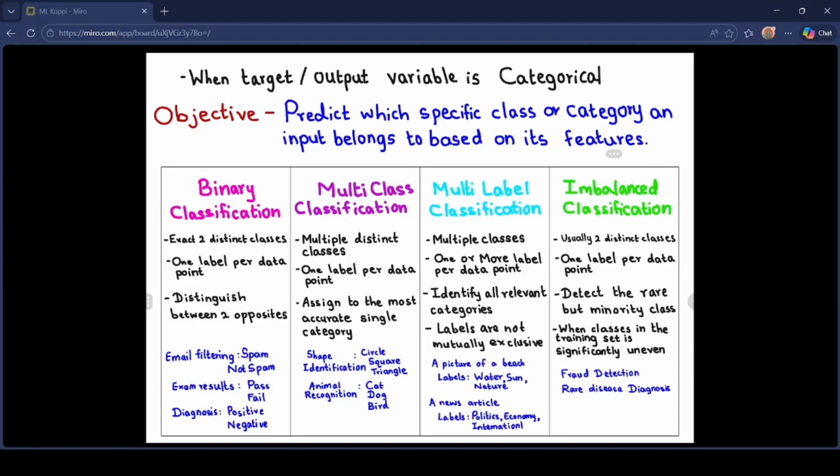Then we have multi-label classification. Now here's where the tricky part is. Sometimes you may confuse multi-class and multi-label classification. What happens in multi-class classification is always distinct classes, with no overlaps. But in multi-label classification, there are overlaps. One data point can fall into multiple classes. Now if we take an example,